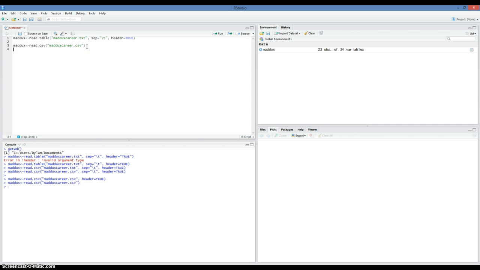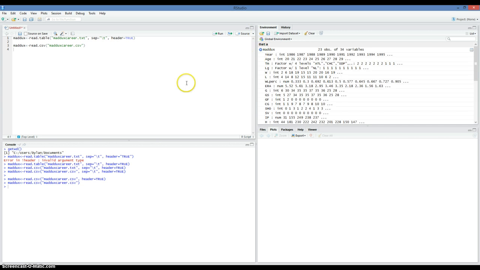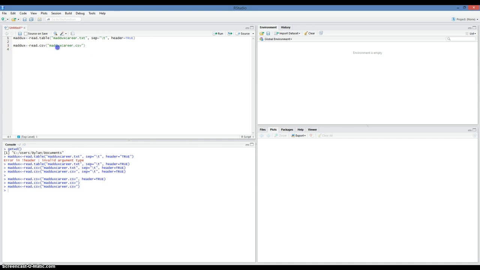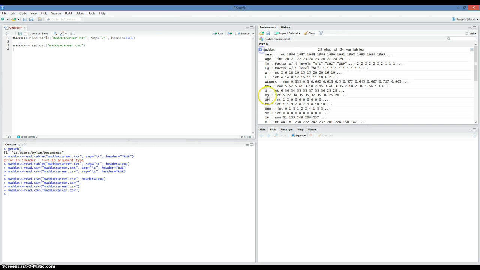And lastly, I'm fairly certain that if you read in a CSV without the header equal to true, it'll still work. And there you go. It does recognize that you do want a header, and it also guesses what your variables are. So it's very important that you know how to use these